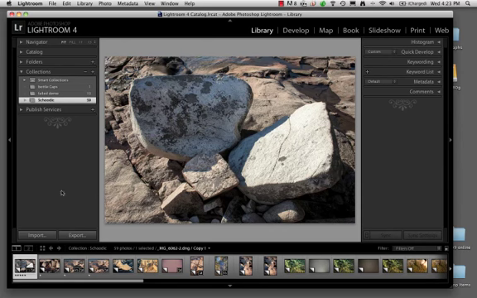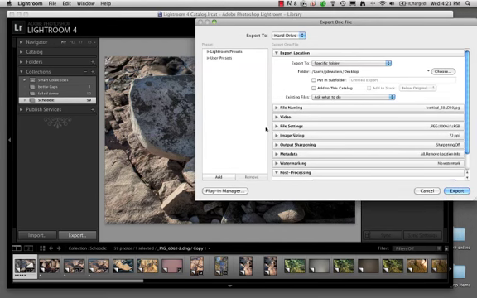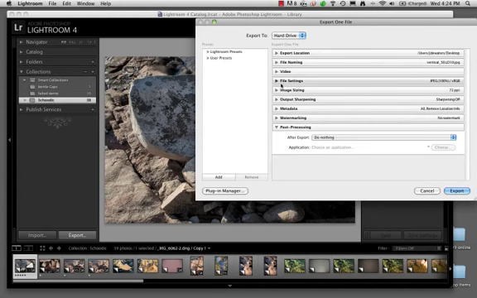Now let's start this. So I've got this horizontal image showing up here, and we'll pretend that I've worked on it within the develop module. That's one of the other Lightroom videos that I'm putting together for you. So let's go. I'm going to click on export, and I get to the export folder over here. Now I can see up here it looks like my hard drive's hooked up, which is okay. But I've got all these options over here to set for how I want it to do when I export